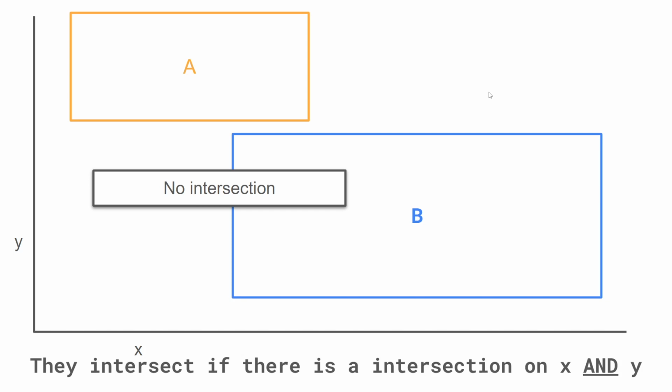Our approach for our intersection test is we're going to look at the x-axis and the y-axis. So we're gonna look if there's an intersection on the x-axis. If we just look on this x-axis, you can see there is an intersection on this axis, all right? And if we look at the y-axis, there's no intersection because there's a gap between that. You can say we're gonna do a small kind of separating axis theorem here, in the really most simple